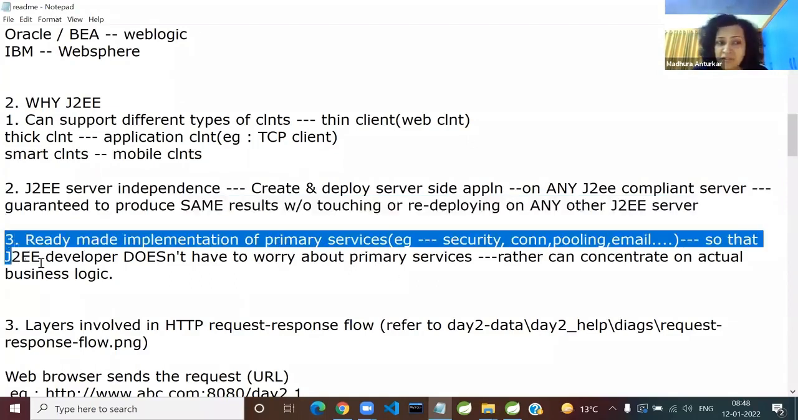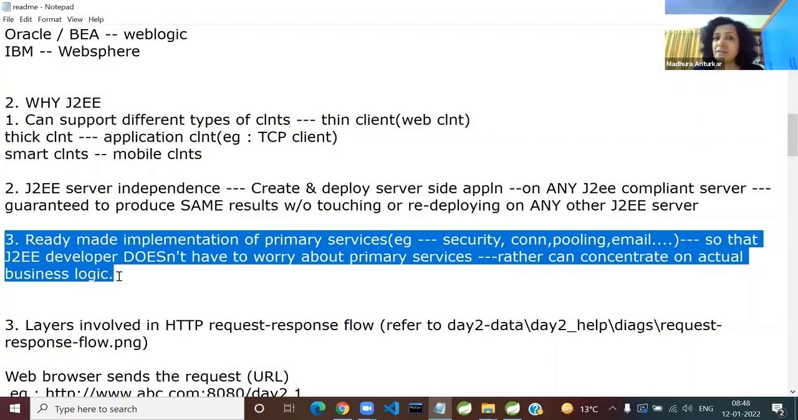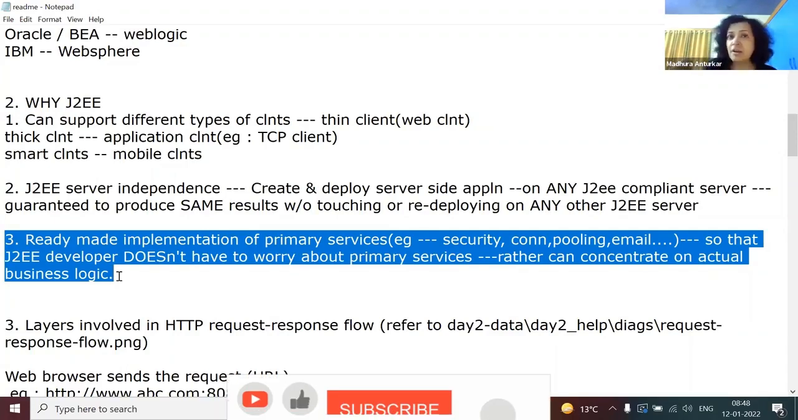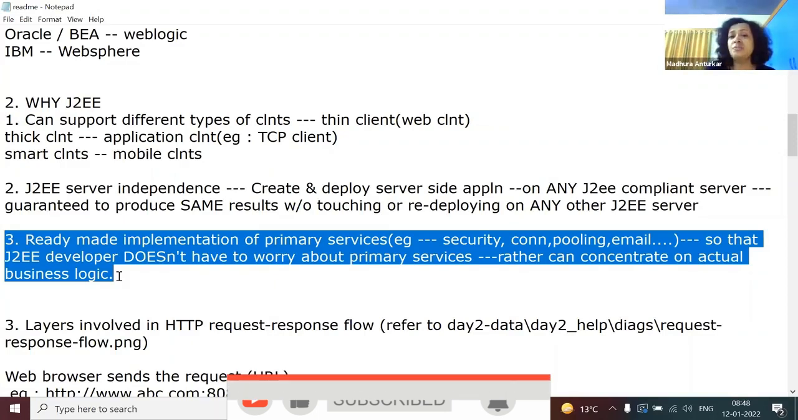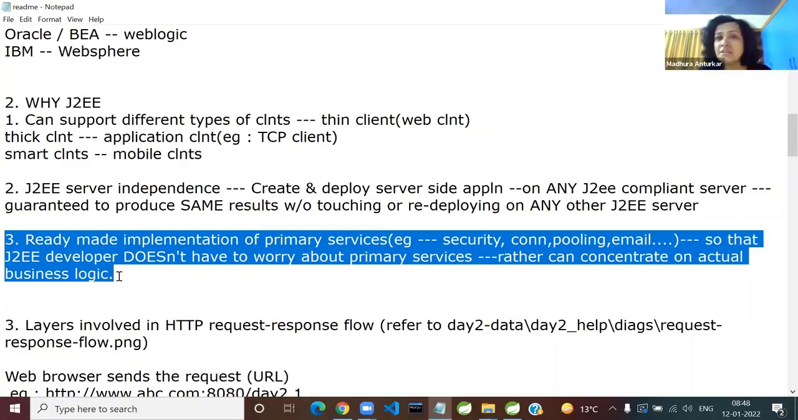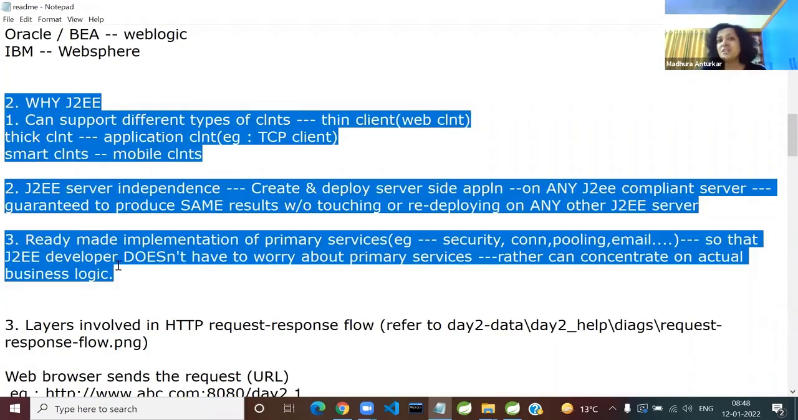And the third attractive fact for the programmer is, do you have to waste your important time implementing the primary services, basic services such as security, connection pooling, sending mails, Java persistence? Absolutely not. Those services are essentially offered by the web servers, web containers, and the underlying infrastructure so that you can focus on actual business logic. So at the time of preparations, definitely go through the readmes and find out why